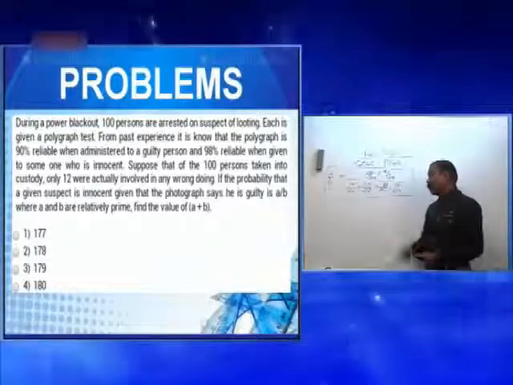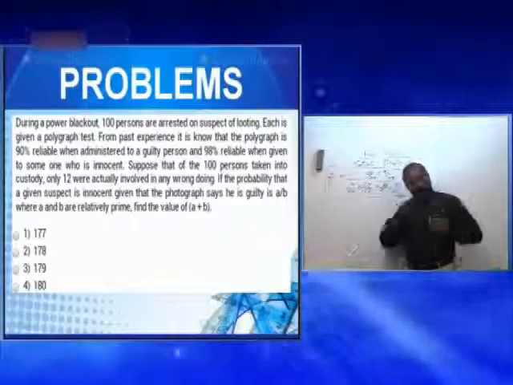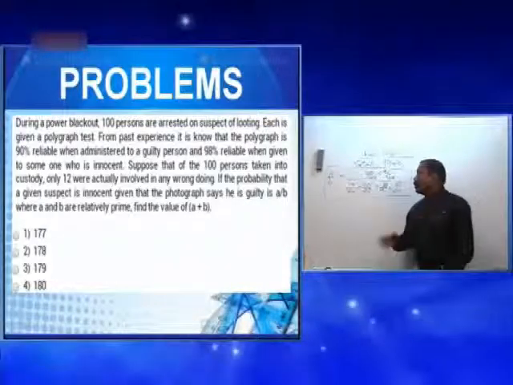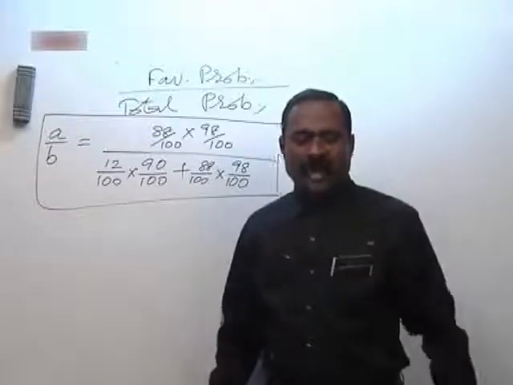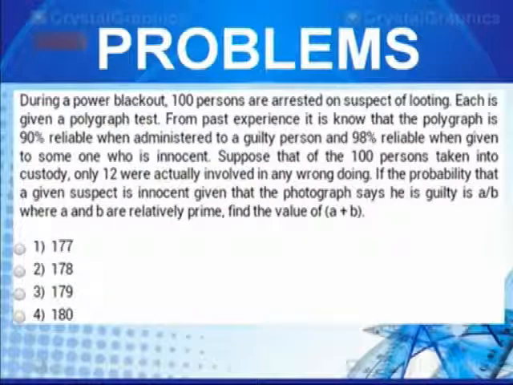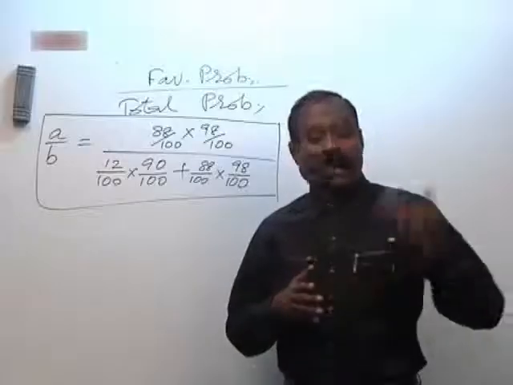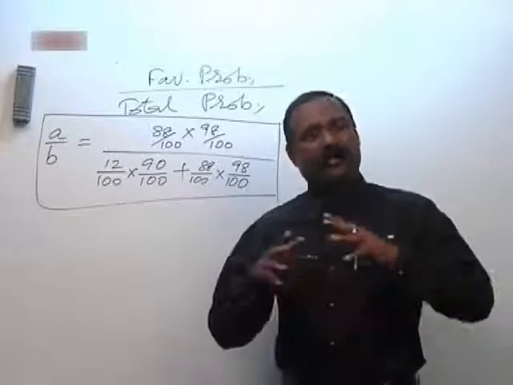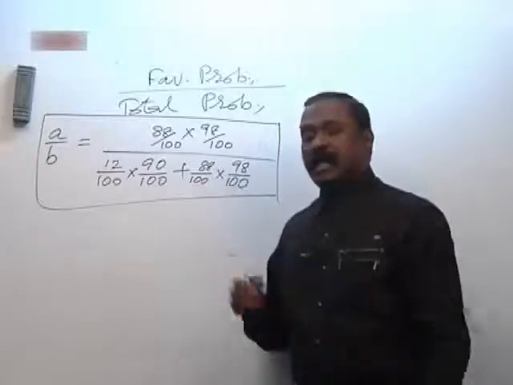What are relatively prime numbers? You just think of it, and if you understand, answer the question and write the options there. 177, 178, 179, 180 are the options given there. You try this problem. If you know the meaning of relatively prime numbers, that will be better. Otherwise, we'll see that in the next